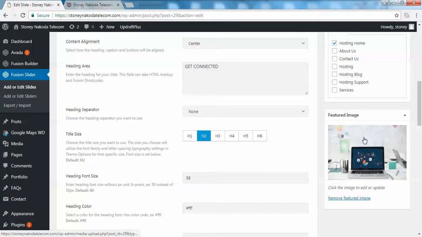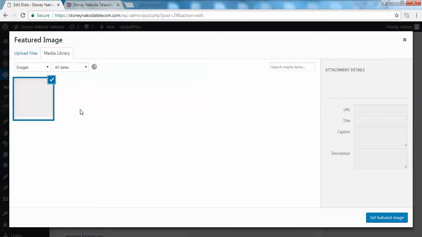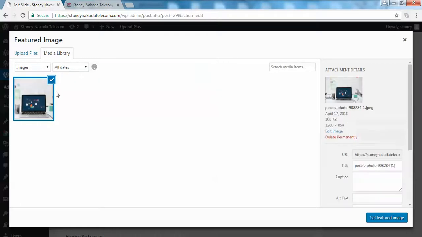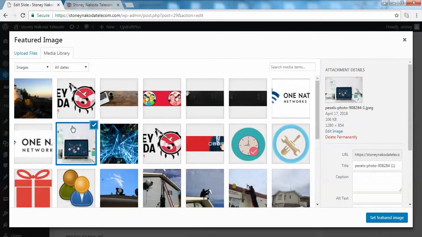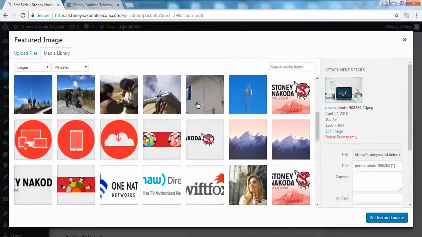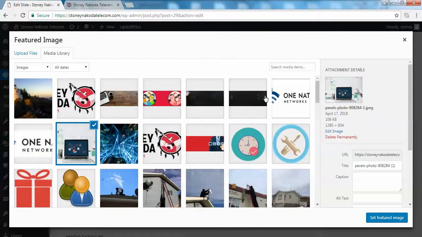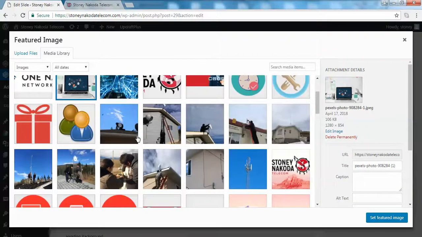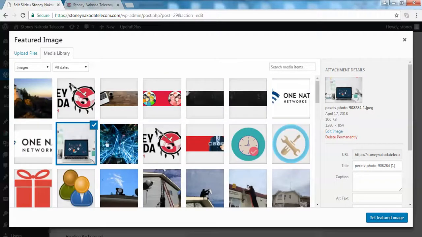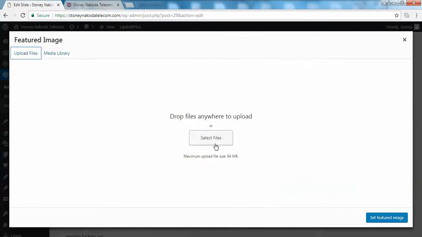So as you can see, the image is right here. Simply click on the image to change it, and once you click on the image, you will be presented with the media library. So the media library contains all images that are already uploaded to your website, and if none of these images are the one that you would like to replace it with, then just go to the upload files section and click on